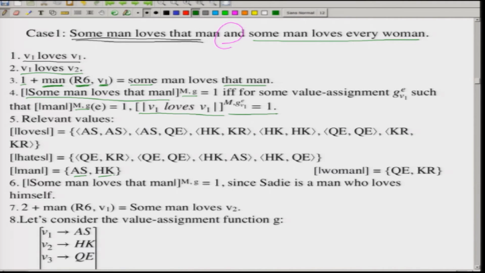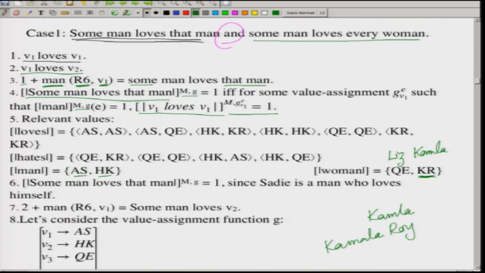So, there are two men and two women. We just add one woman, say this Kamala for our convenience. Let the name be Kamala, and let the denotation be Kamala Roy, say for example K R. This is the short form of Kamala Roy, which is K R. I am just writing the short forms. So, we have two women here, that is Liz, if we remember, and Kamala. Liz is basically Queen Elizabeth and Kamala is Kamala Roy.